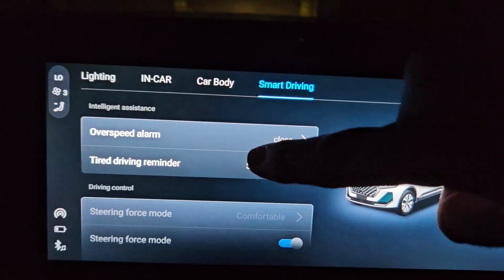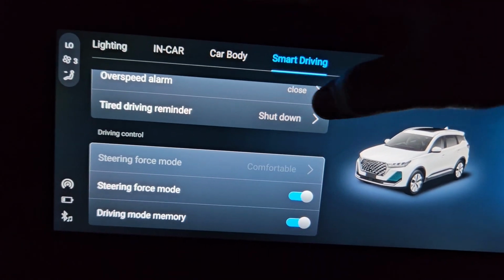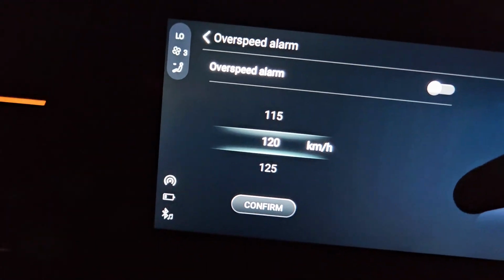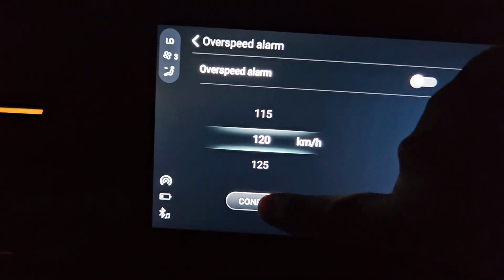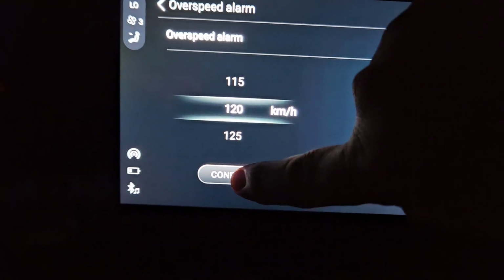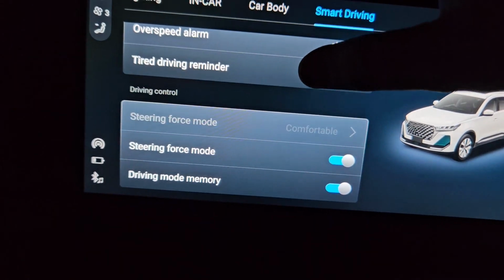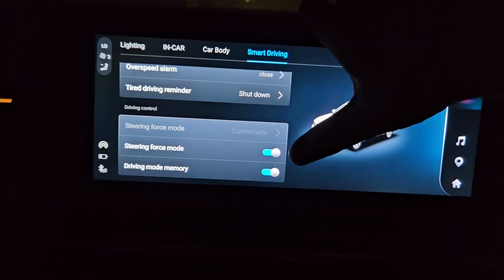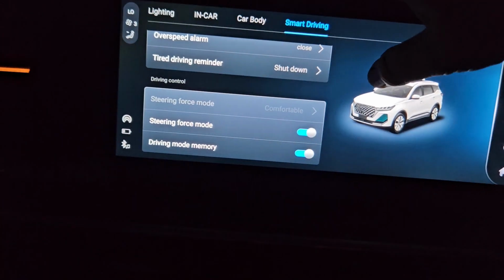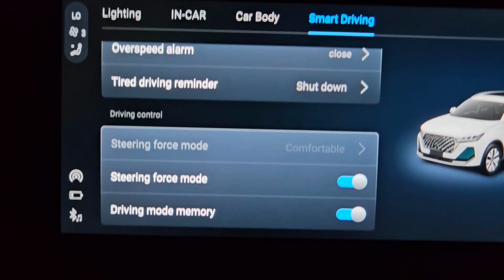So you've got your over speed, so if you're speeding too much, or if you want to set your speed for a certain alarm, you can do that. Obviously I'm not doing that. We're just going to go back. Then you've got your tired reminder shut down, which we're not driving enough to actually do that. Okay, the one thing that is very important, please people, please change the setting,